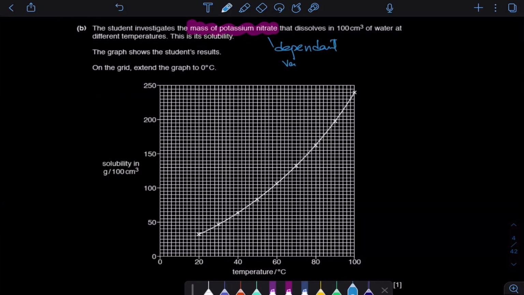सो इट्स डिपेंडेंट वेरिएबल, एंड दिस 100 cm क्यूब में वो उसको चेक कर रहा है, दिस इज योर कंट्रोल वेरिएबल। ओके? एंड एट डिफरेंट टेम्परेचर, तो टेम्परेचर आप खुद रखेंगे 25, 30, whatever. सो दिस इज योर इंडिपेंडेंट वेरिएबल। सो इंडिपेंडेंट वेरिएबल, डिपेंडेंट वेरिएबल, कंट्रोल वेरिएबल, तीनों चीजें जरूरी है आपको पता होना। इंडिपेंडेंट वेरिएबल हमेशा एक्स एक्सिस पे आएगा, डिपेंडेंट वेरिएबल हमेशा वाई एक्सिस पे आएगा। अच्छा, कई दफा डिपेंडेंट वेरिएबल खुद नहीं आता, उसकी कोई कैलकुलेटेड वैल्यू आती है।